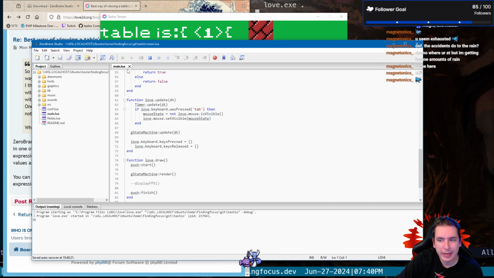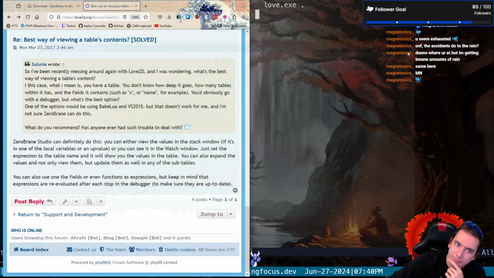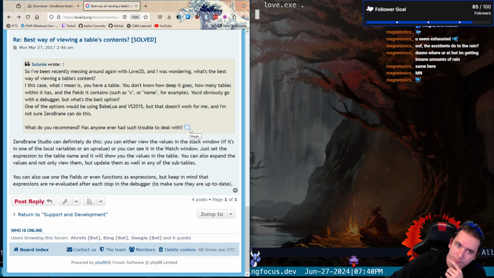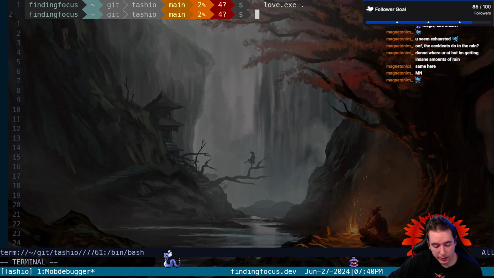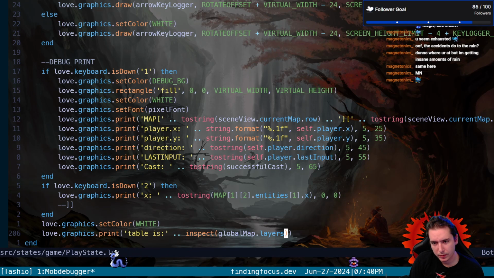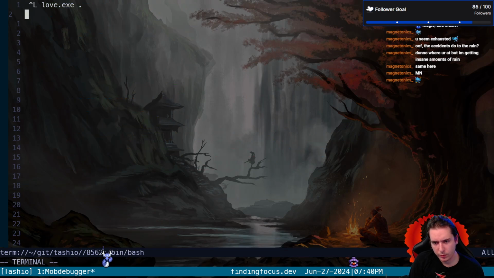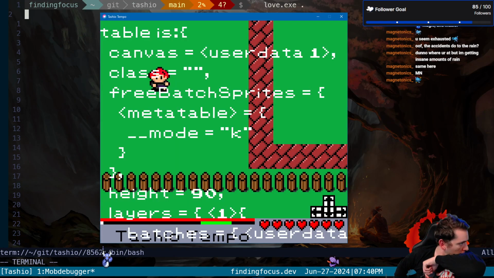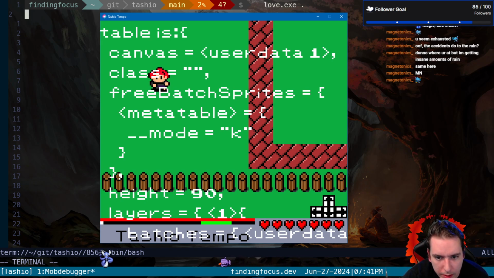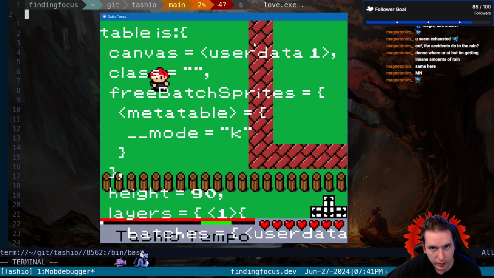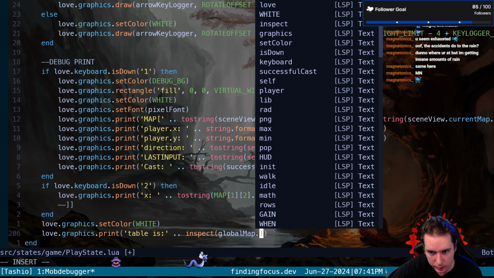I don't know. It would be nice if we can actually have some debugging tools, because we're just using console print debugging, which just doesn't cut it. Let's continue and see if we can get any data extracted from our global map, because what's weird is if we just do global map, we do have the layers, and it's wanting to print the layers already, so that's kind of cool. But then if we go and say, okay, we know we're trying to go into the layers